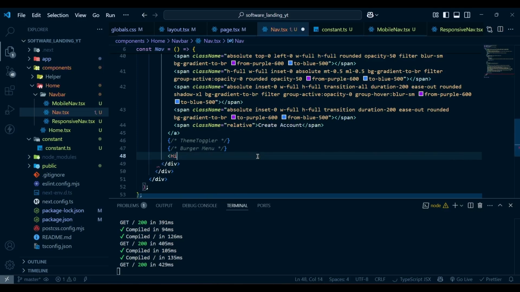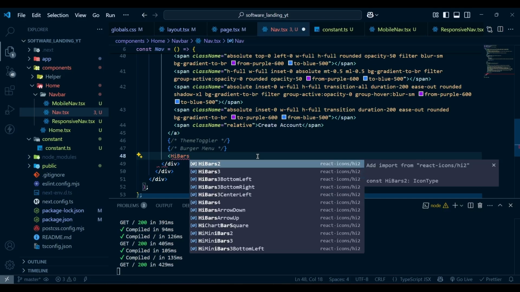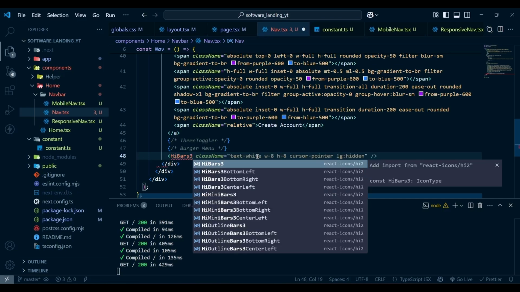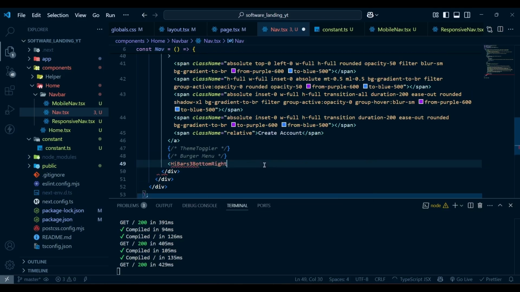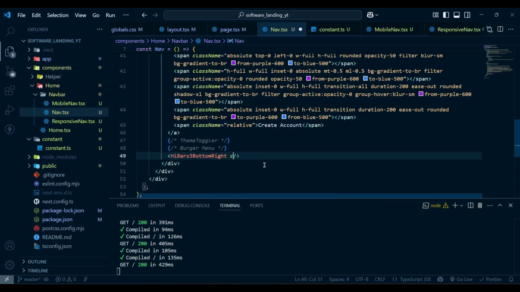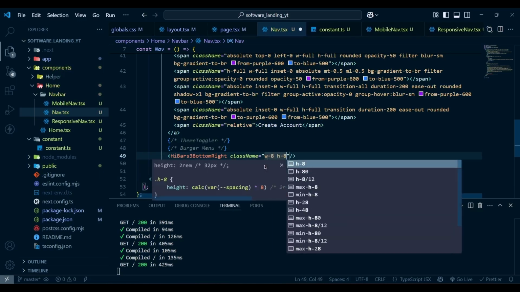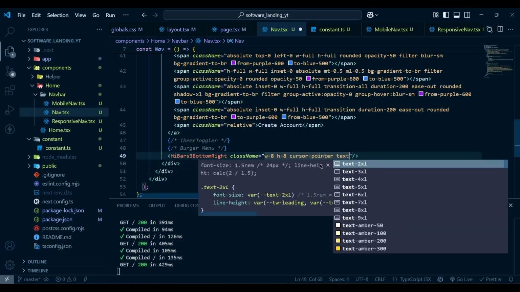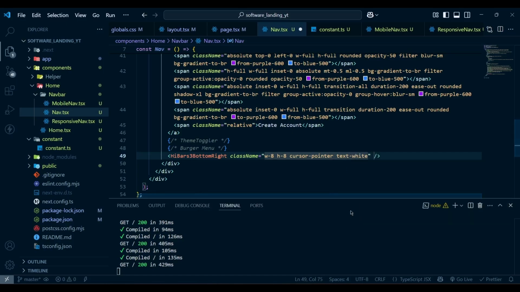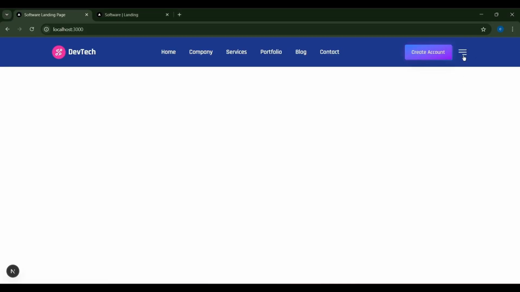So here we are going to use an icon, which is IoMdMenu, bottom right, and this one will have a class name of width 8, height 8, cursor will be pointer, and text will be white. So now if I hit save and go to our project, you can see we have our menu bar, but